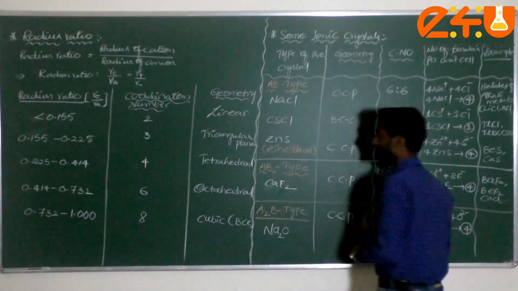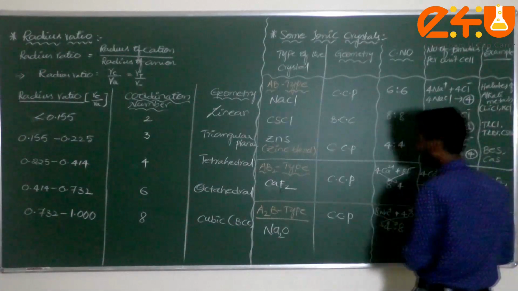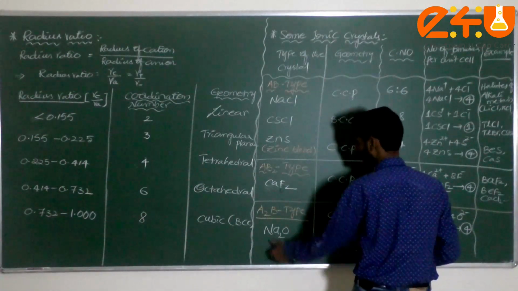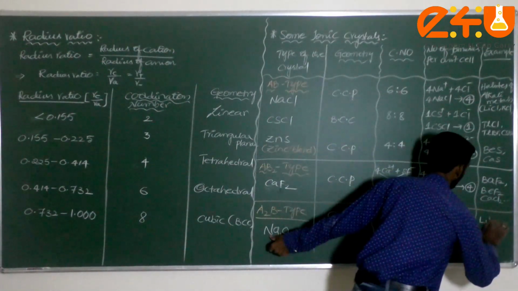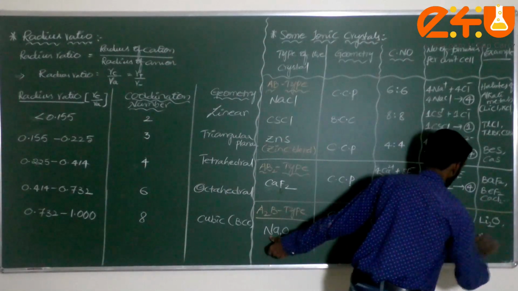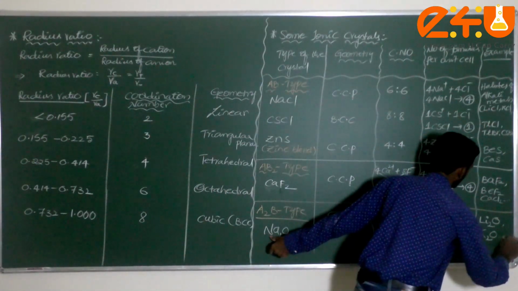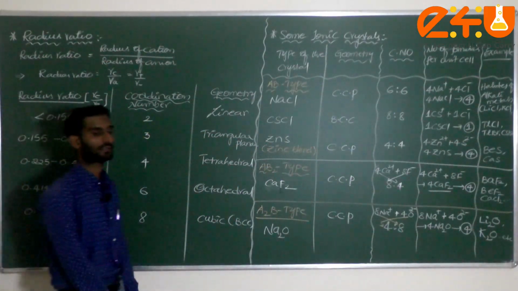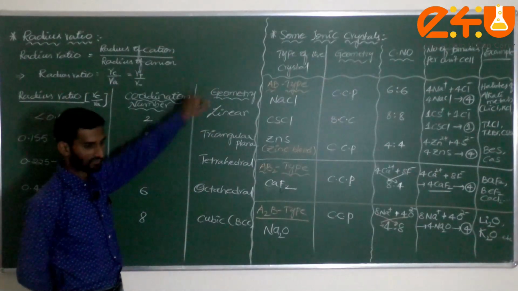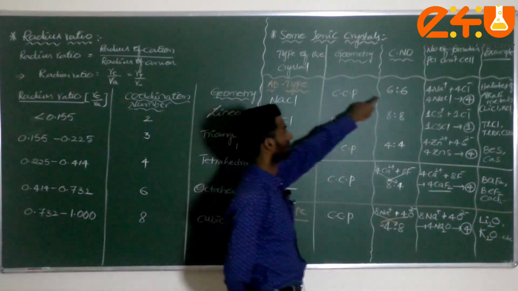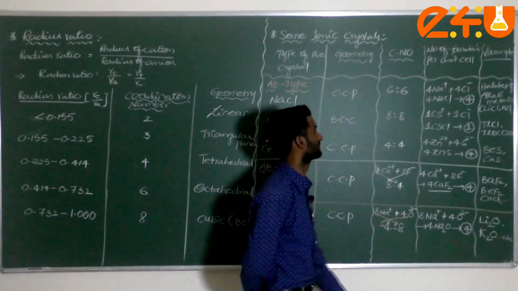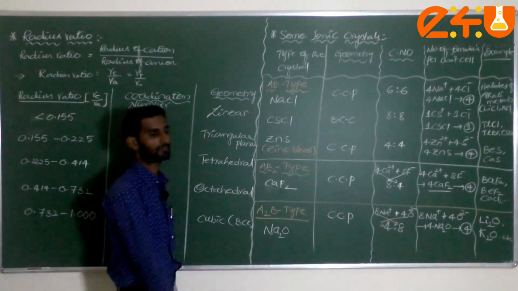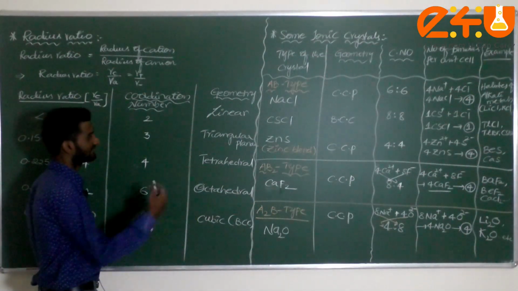Next, what are the examples that come under A2B type crystalline solids? In place of Na you can consider the same first group elements: lithium oxide, and next K2O and so on. These are the very important types of ionic crystals: the type of the crystal, the geometry, the coordination number, the number of formulas per unit cell, and the examples. Don't forget. If you practice a few times, you will easily remember.